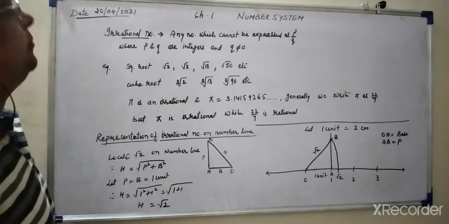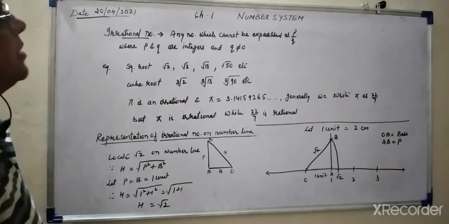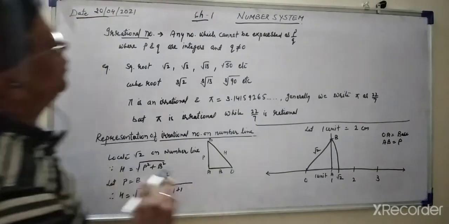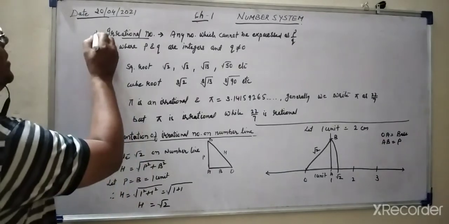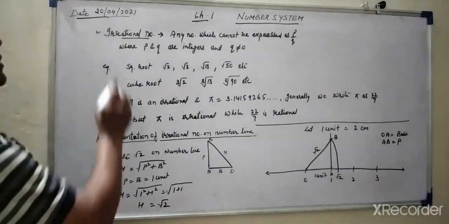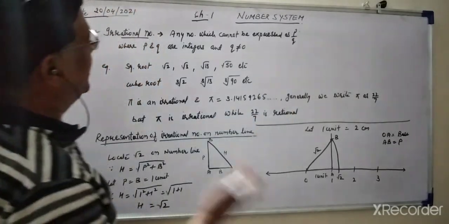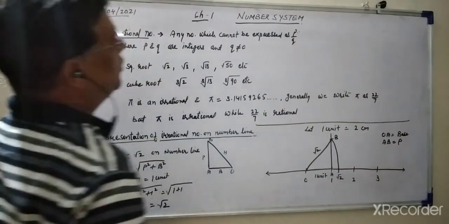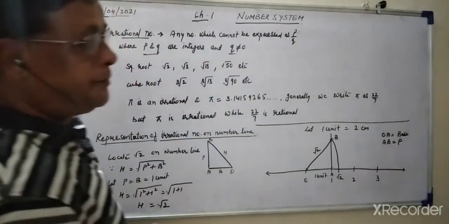Good morning. As we have discussed the number system in the maths chapter number 1, we have gone through the real numbers. In the real numbers we took up to rational numbers. Now today we will take another segment, that is irrational numbers. A rational number can be written in the p by q form, but an irrational number cannot be represented in p upon q form, where p and q are integers and q is not 0.